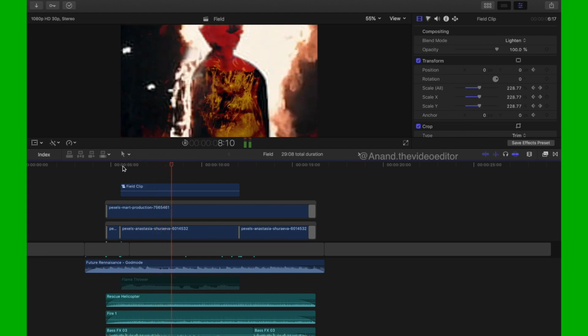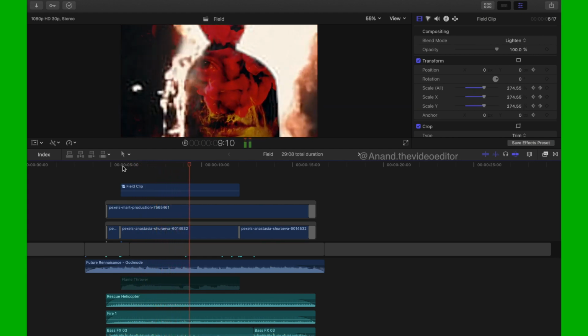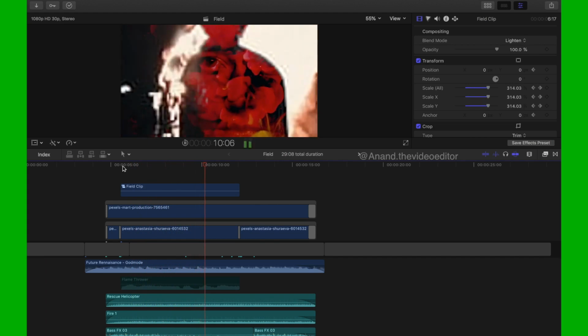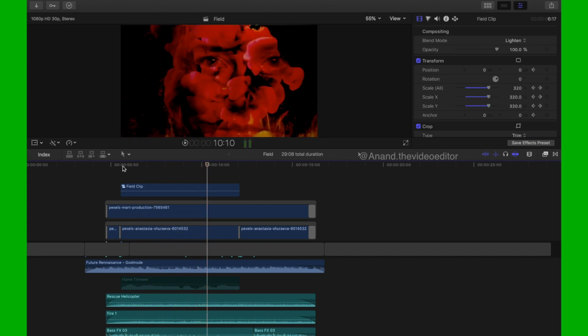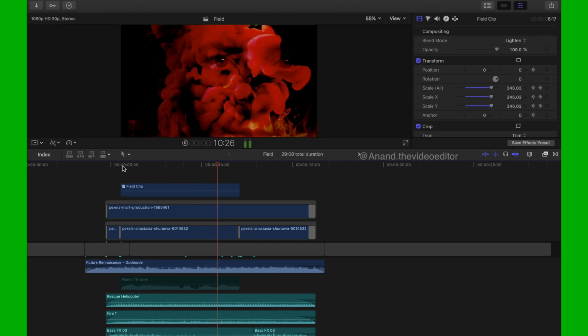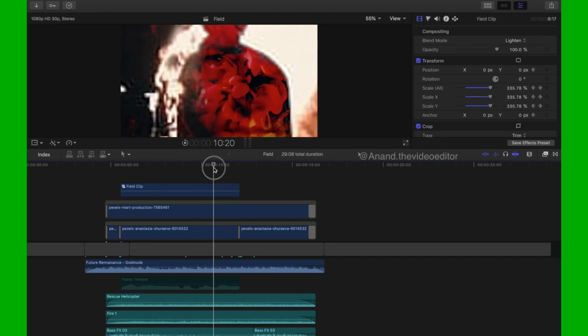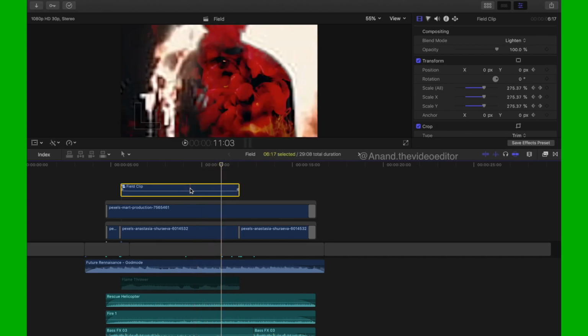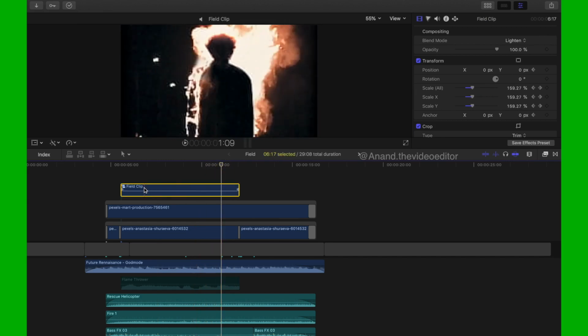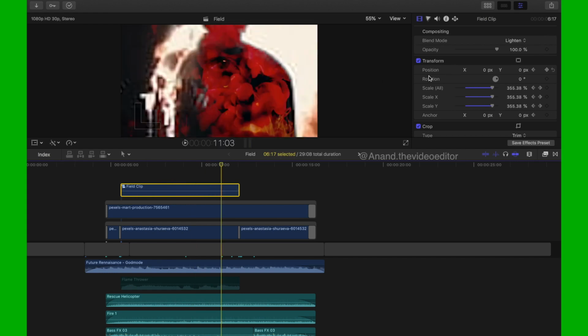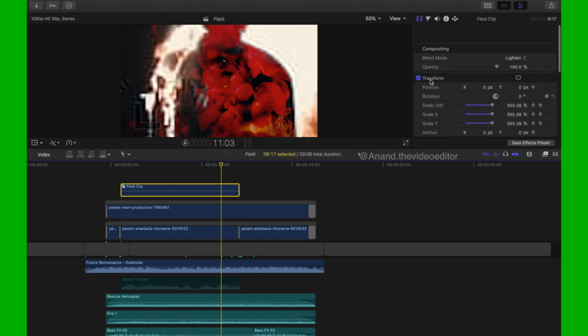It's also adding some kind of a feel to the clip, as if some kind of a suspense. But yeah, you can see how I have played with it. So this man burning clip on the top, I'm just going to show you how it looks without any effects,